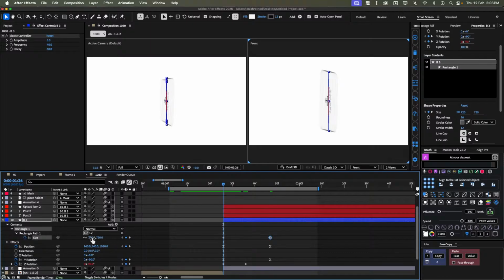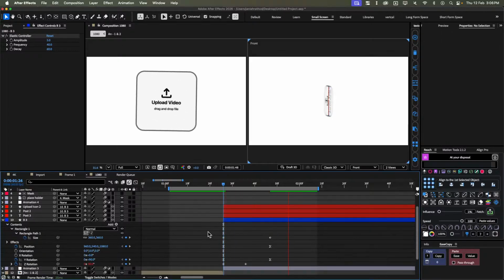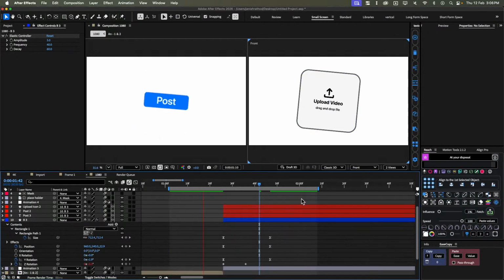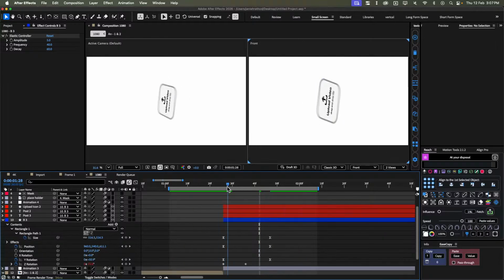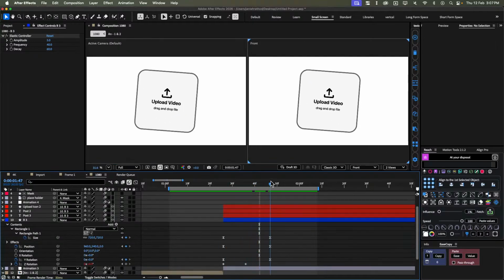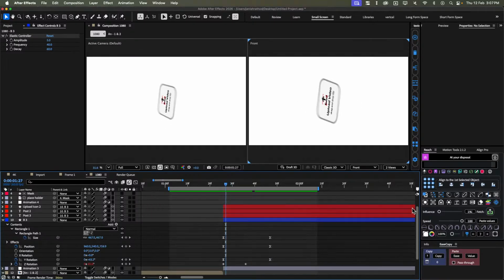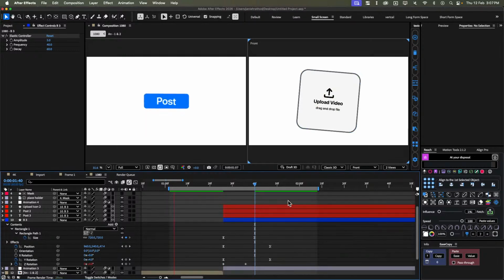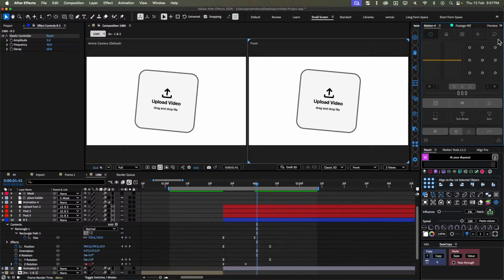The first keyframe and set this to half of the original size. Okay, divided by 2, and we will apply some easings like this. 1 2, and I will take this keyframe to here. Okay, like this, and let's